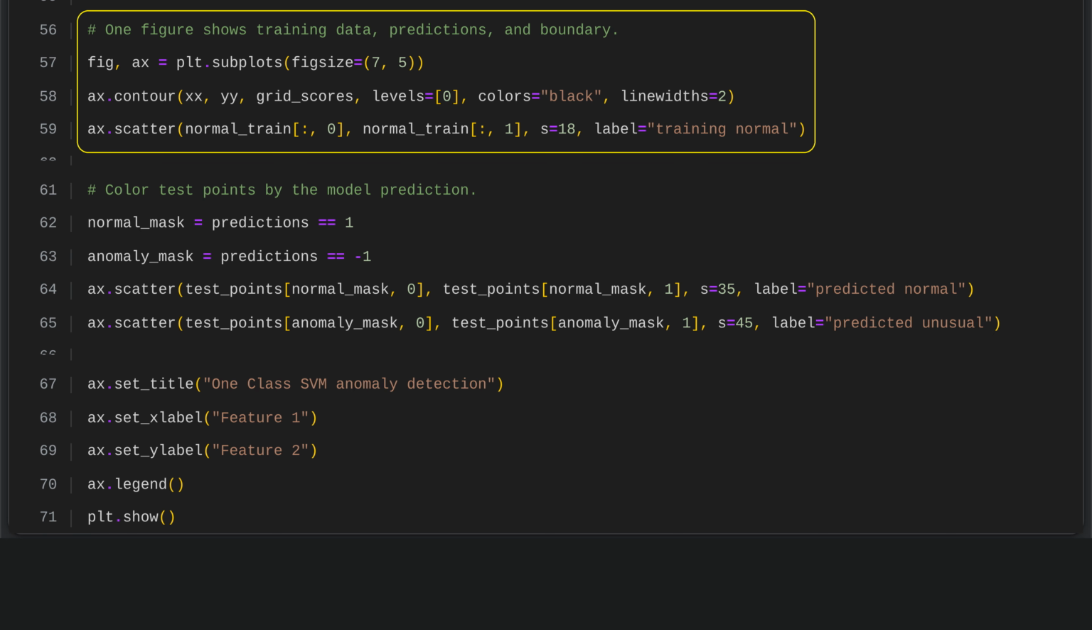A plot is set up with a figure and axis. Then the contour method is used to show the One-Class SVM decision boundary. The boundary is drawn at level 0, marking the separation between normal and unusual points, with a clear black line. The normal training data is then added as small scatter points and labeled so it can be distinguished in the